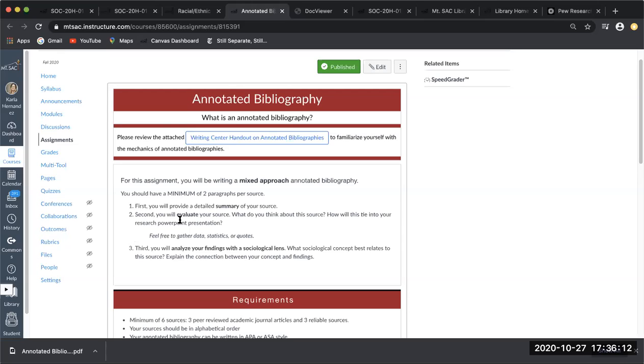First, you're going to provide a detailed summary of your article. Second, you're going to evaluate your source. What do you think about this source? How will this tie into your research PowerPoint presentation? At this point, remember, I like data. Feel free to gather those numbers, gather the data, gather the statistics, gather the quotes that you could potentially use